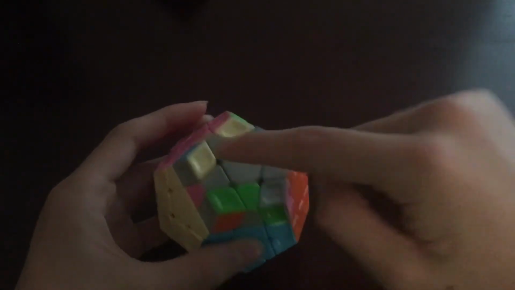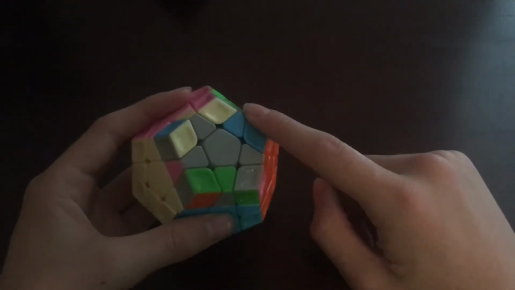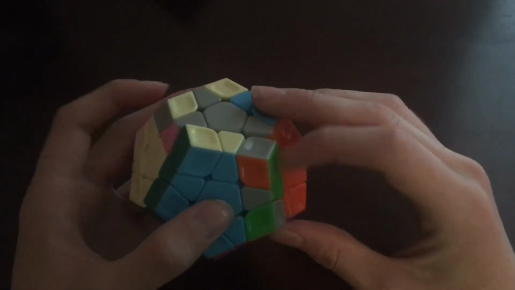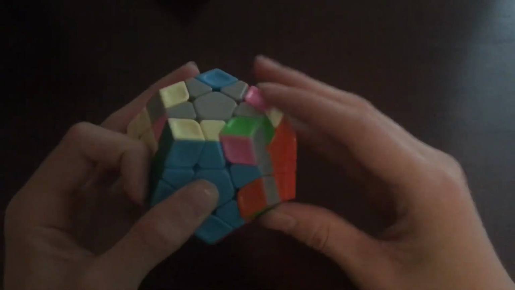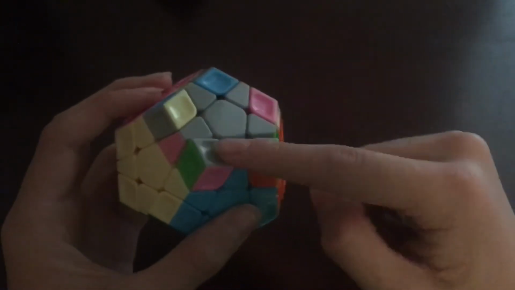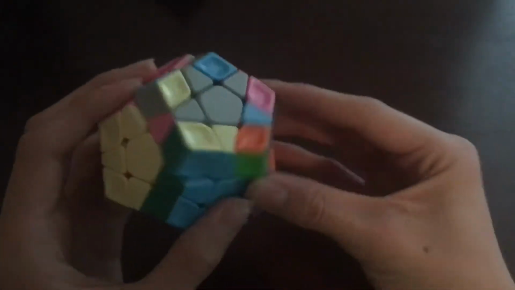So if you have 3 of them already up here, you want one to be in your top right and the other one facing you. It's F, R, U, R prime, U prime twice. So if that is in only these two, if it is,